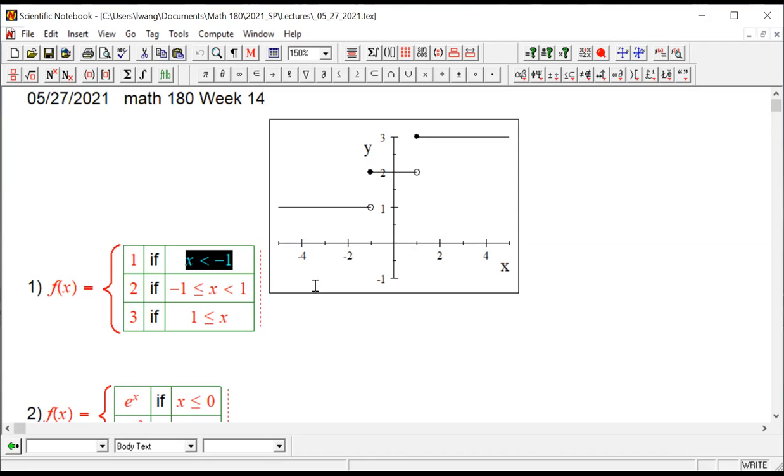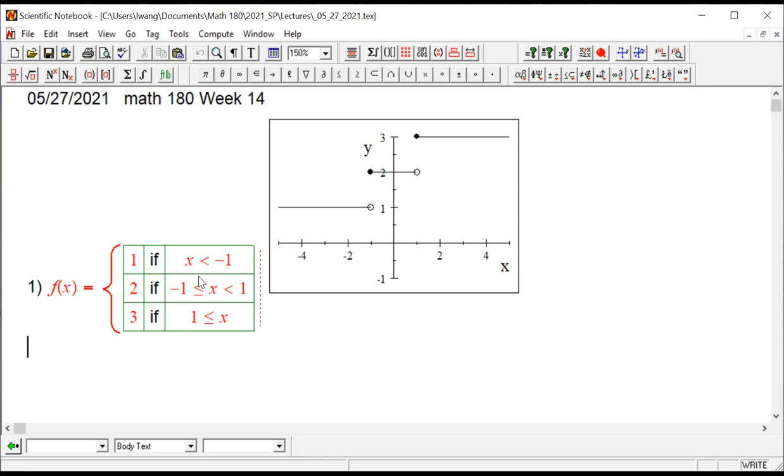So we know these are different pieces. On the first piece, yesterday I drew this on the picture, but the picture wasn't that great. So I'm using the software to draw it, but the software doesn't mark the endpoints. Okay, so I want to show you how you mark the endpoints. For example, in this case,